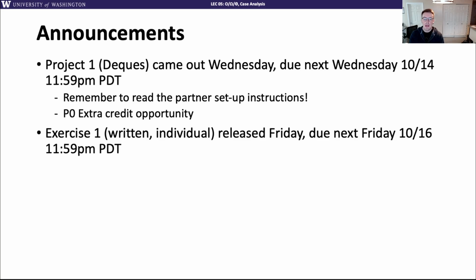One thing that is a little bit different about this class is that you have projects for the coding aspects, applying what we talked about to practice, but we also want you to get practicing with some of the conceptual things we've talked about. So we're going to be releasing Exercise 1, which is a written homework, and it should be done individually. It's going to be released Friday and due on Friday. A normal schedule for exercises is Fridays to Fridays, and they're weekly-ish,